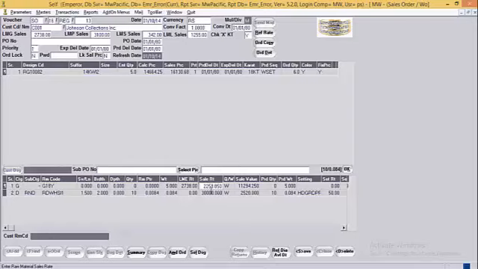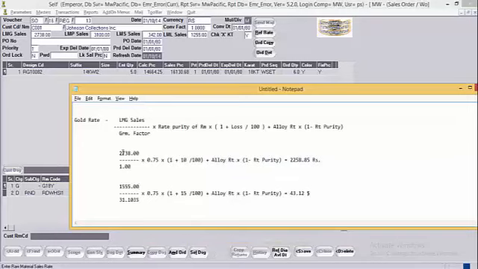For calculating gold rate, system follows the given formula over here, that is LMG sales divided by the gram factor, which has been specified in the parameters, multiplied by the rate purity of the RM or customer wise rate purity if applicable in the case, then multiplied by the loss percentage, and if the rate of alloy is to be applied, then consider the same also.